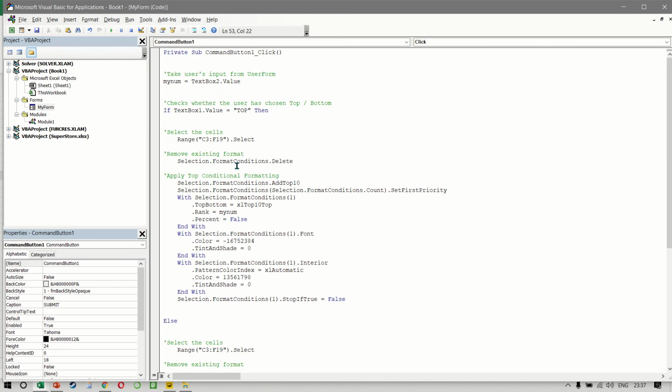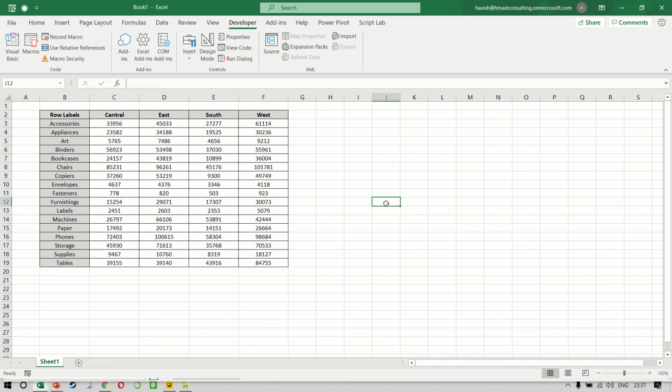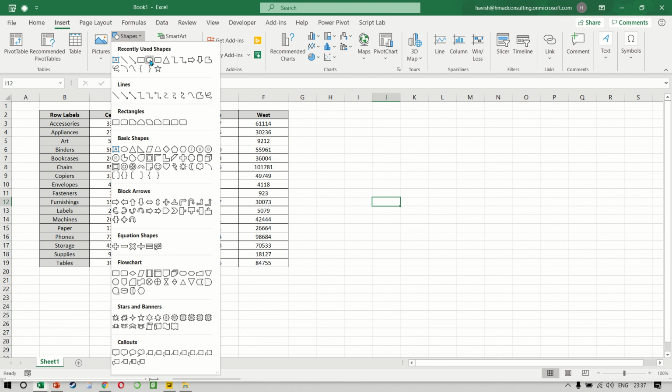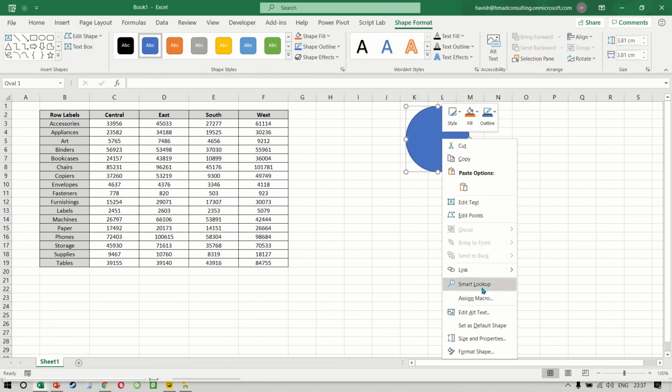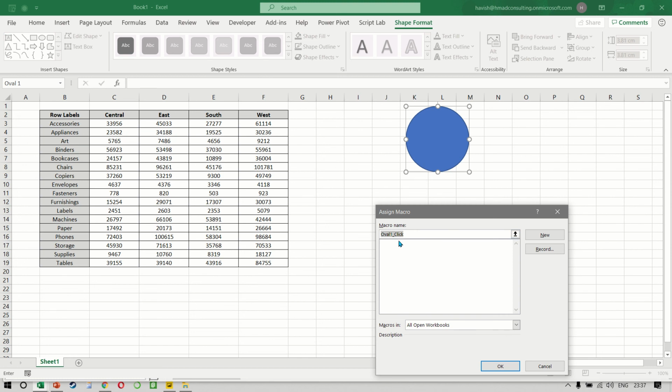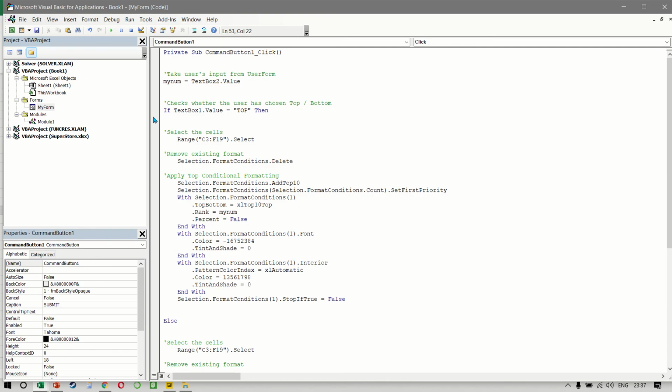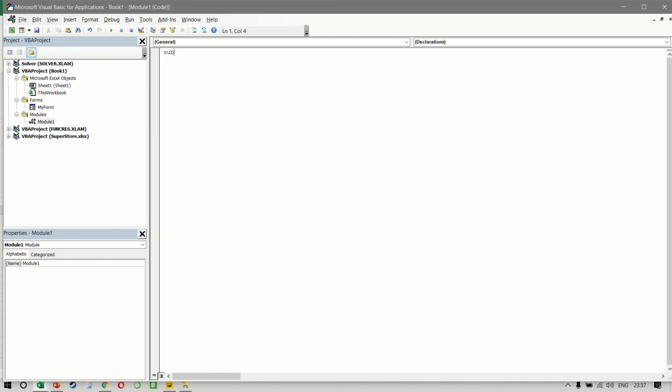All right. Now to make the user form appear on the sheet, there are a couple of ways, but what I'm going to do is to insert a shape and then simply assign a macro, but you notice there is nothing available as a macro. So we do need a macro that will come in a module, and the role of this macro is simply to show my form, and this would be my form dot show.